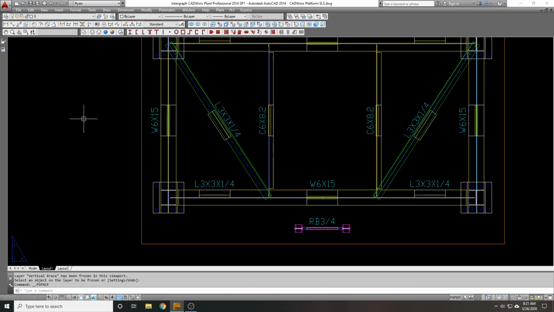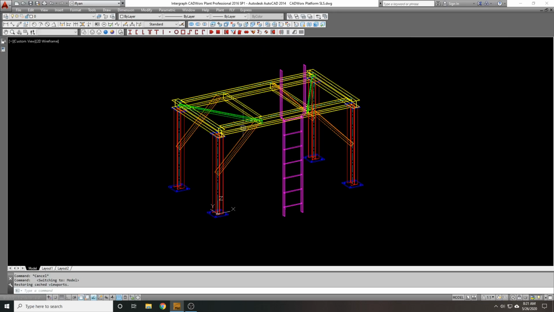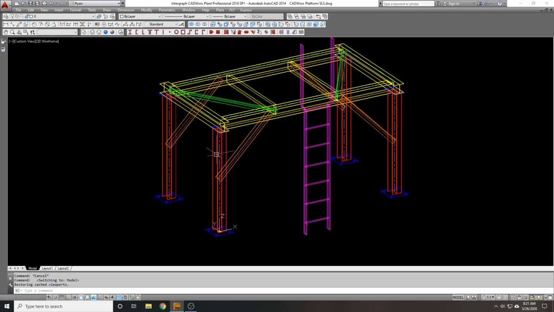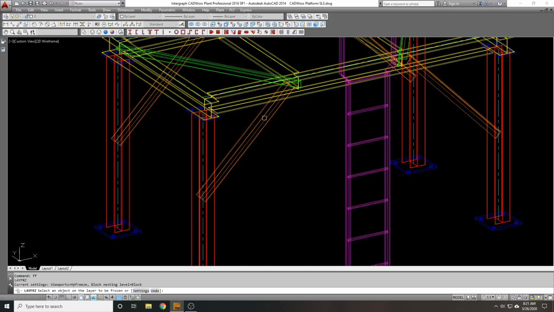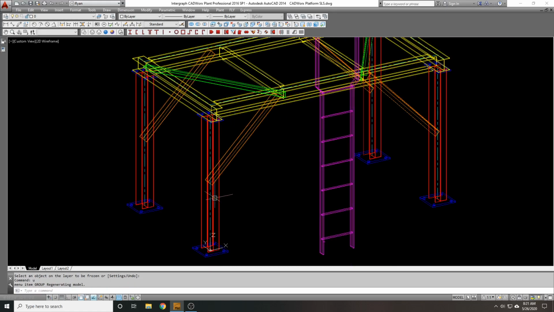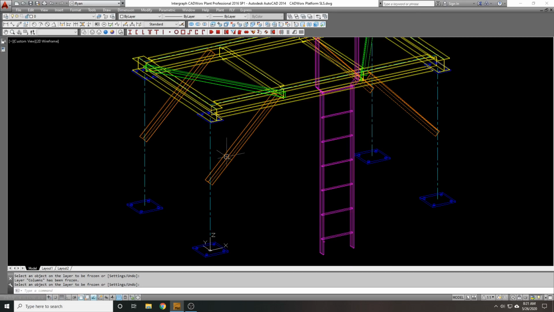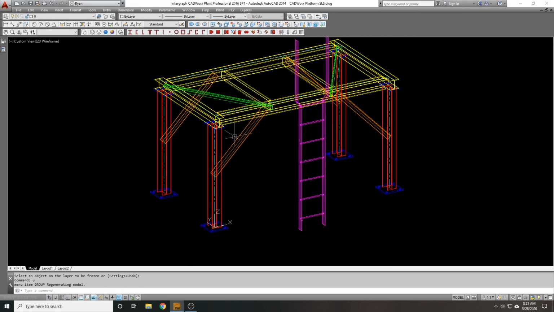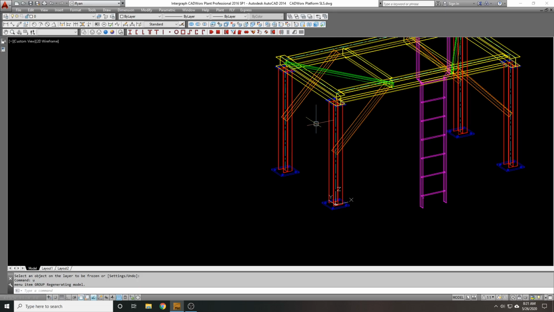Now, here's something to keep in mind, and I'm going to show you this right now so that you know what I'm doing. When I freeze these members, they're gone completely. However, if I freeze something like the columns, the center lines are left behind. Why is that? Well, in CADWorx, as I've shown previously in one of my other videos,